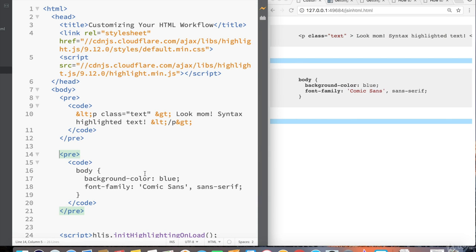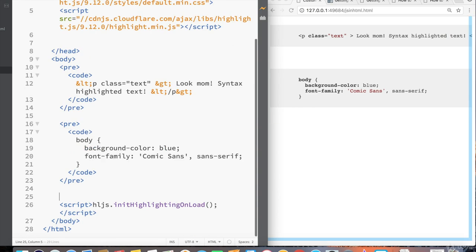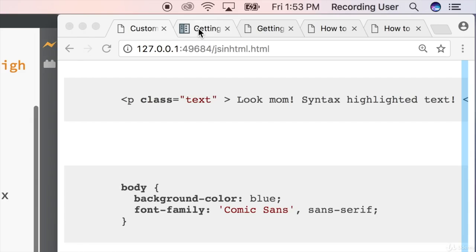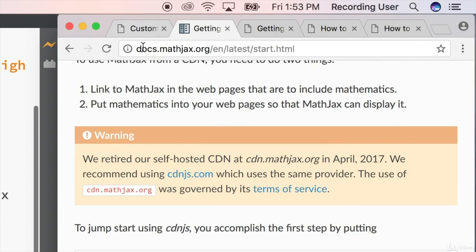Okay, there's one other JavaScript library that I want to cover that's also plug and play that you can just add right into HTML, and that's called Mathjax. And Mathjax is really useful for formatting math equations. So to add Mathjax into our HTML, let's go over to the Getting Started page for Mathjax. It's under